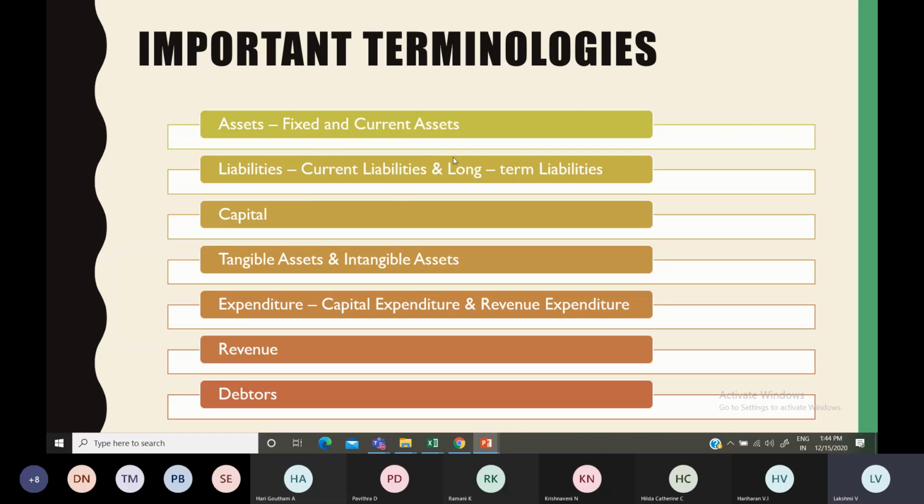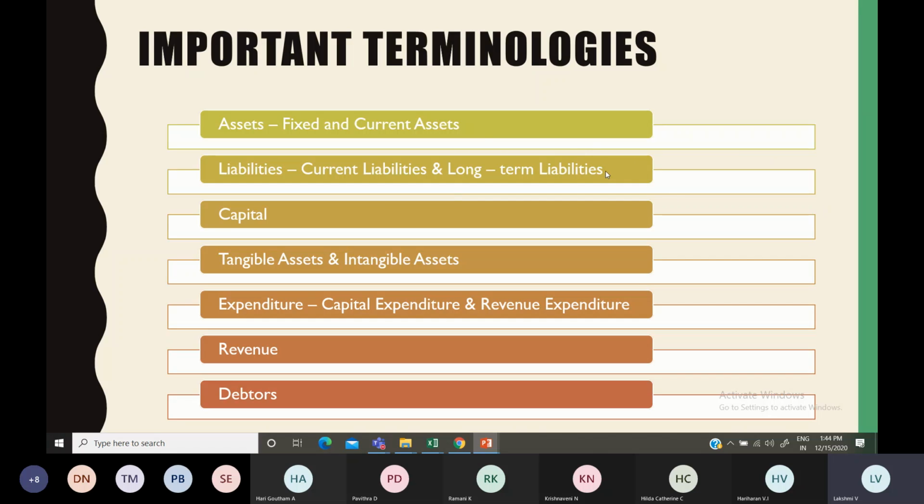Okay, then moving on to the long term liabilities. That is more than 1 year. If I got a loan for 5 years or 2 years or 10 years, those can be considered long term liabilities, like a bank loan. And sometimes debentures are also considered long term liabilities.